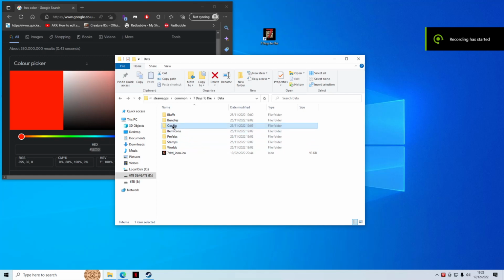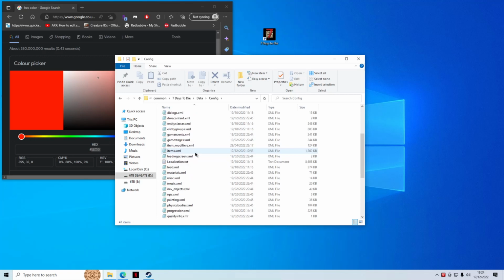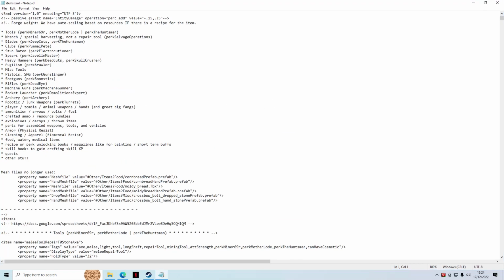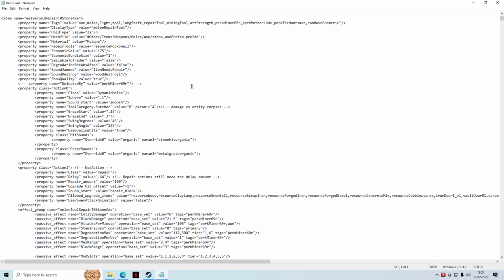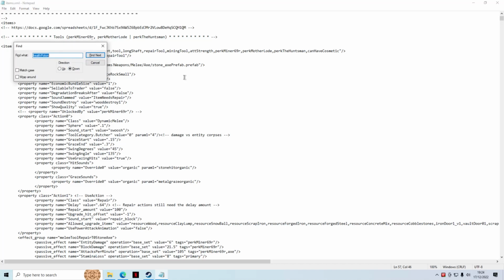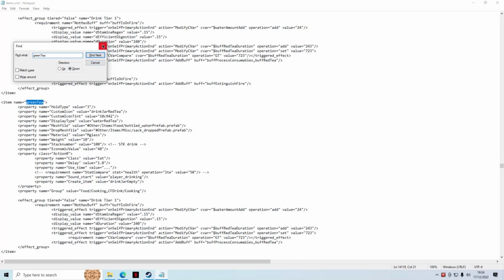Okay, we start by going into the config folder, Steam Apps Common 7 Days to Die, wherever you saved it, config, and then from there we would go into whichever one of these that you fancy editing. I could go into items, for instance, and let's have a look down the items list. I've made green tea. Green tea was a new item that I made, so let's search for that. And right here